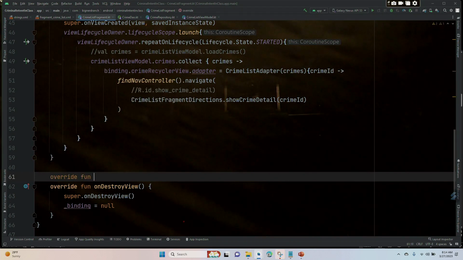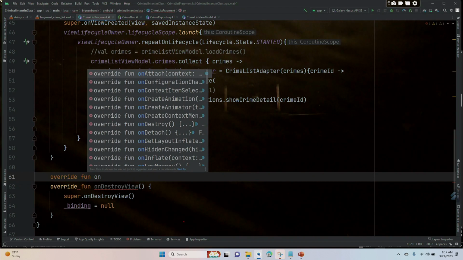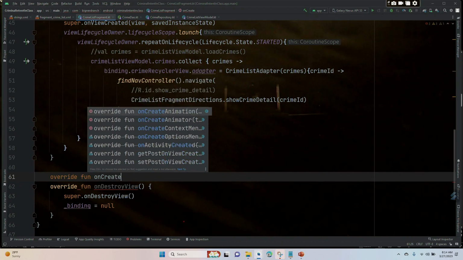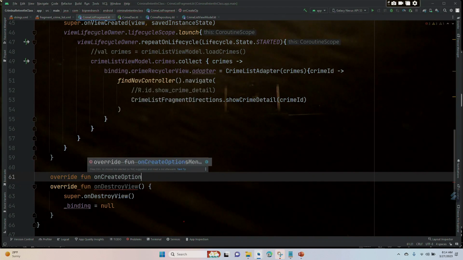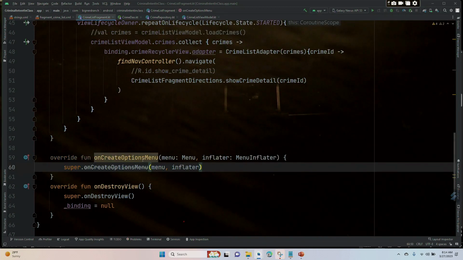Did not realize this until I started to code this just this week, but it's been deprecated since I started the course. So override fun on options menu. I missed the S, but let's see if we can select this. Okay, so it is deprecated, and